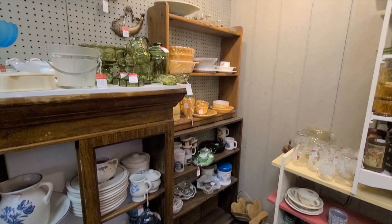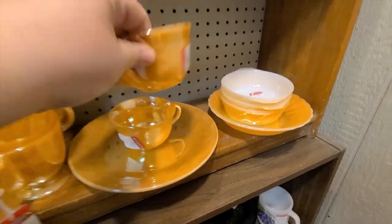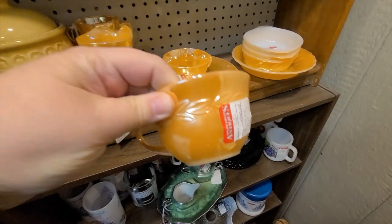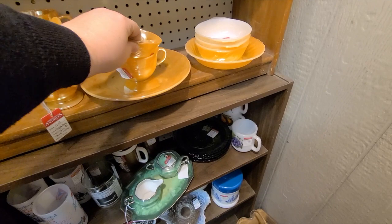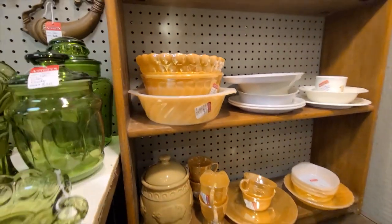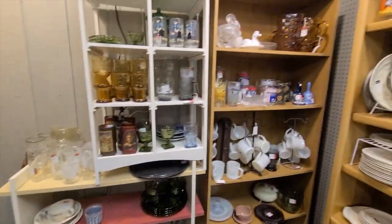I have some Pyrex ones that have rubber lids that are great, but I do like the glass that's vintage. Here's some more Fire King in that iridescent finish that I talked about in my Fire King video. So again, check that out if you haven't seen it already. You're going to see me skimming these